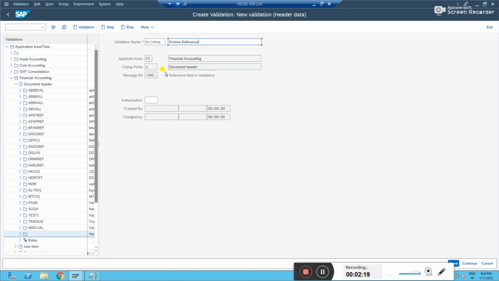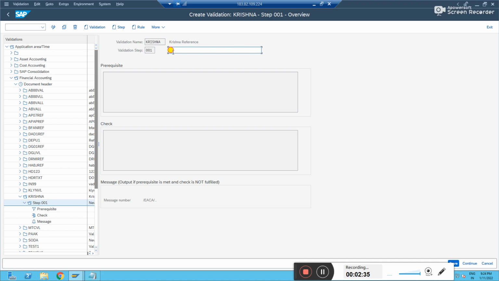If the user forgets to update the reference field with some value while posting an entry, the system should not allow him to post the entry. That is the requirement. Let me add the steps, Krishna reference header. Let me save it.